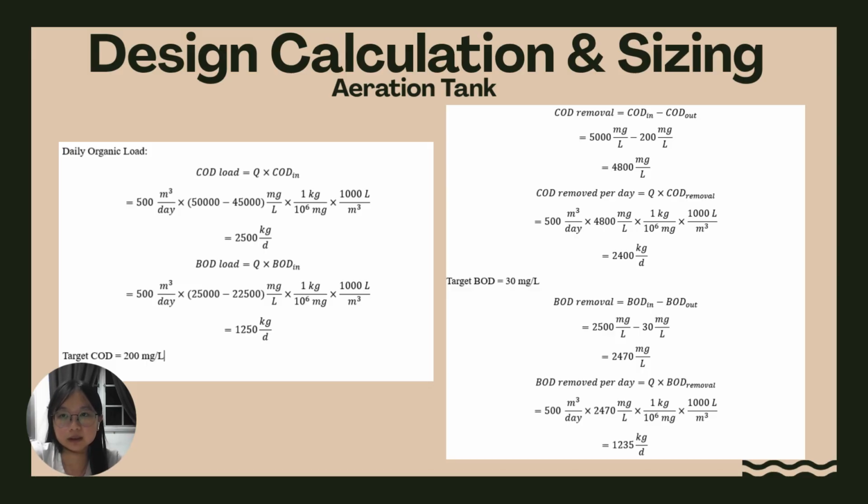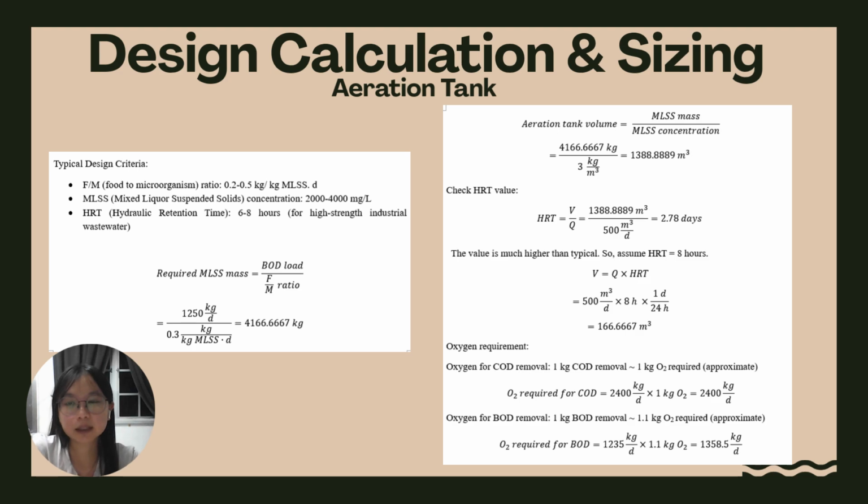Then our target BOD is equal to 30 mg per L. So that 1,235 kilograms of BOD will be removed per day. Next, I assume that the food to microorganism ratio equals 0.3. We know that the MLSS mass equals 4,166.67 kg. By using this value, we can calculate the aeration tank volume, which is equal to